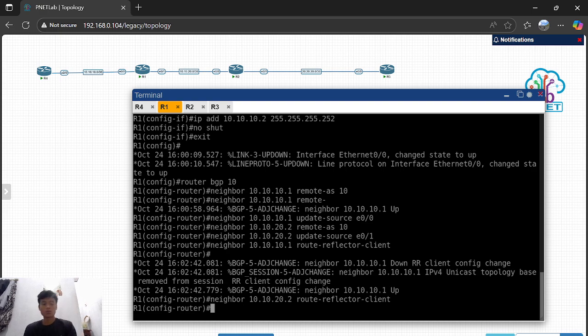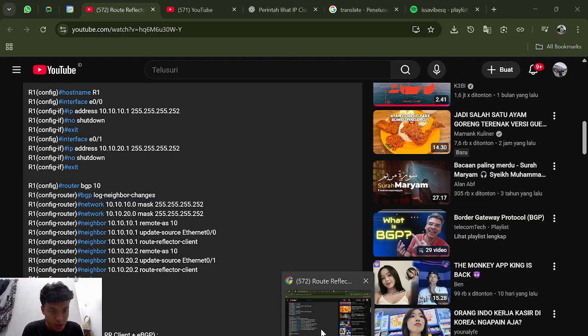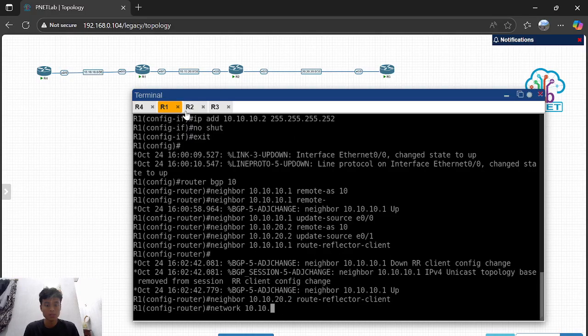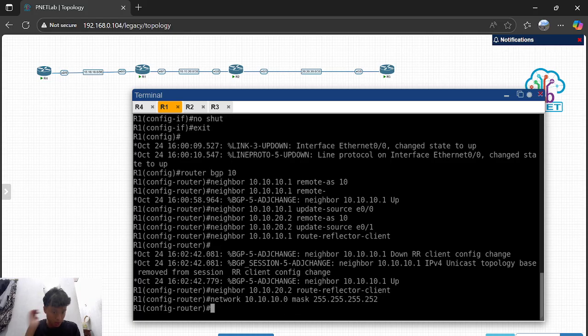After this, you must fill in the network too. So this is R1, which has this network and this network, with mask, and then another network.